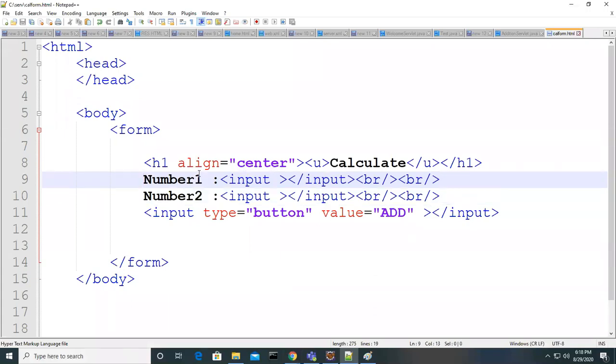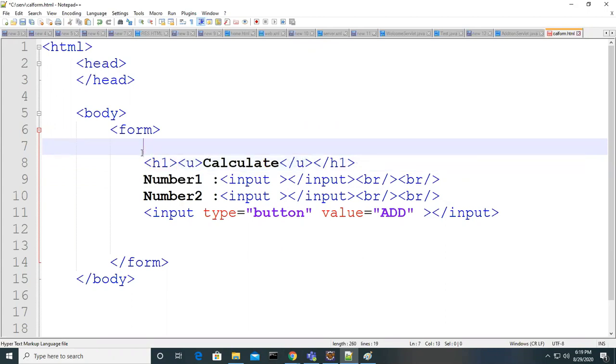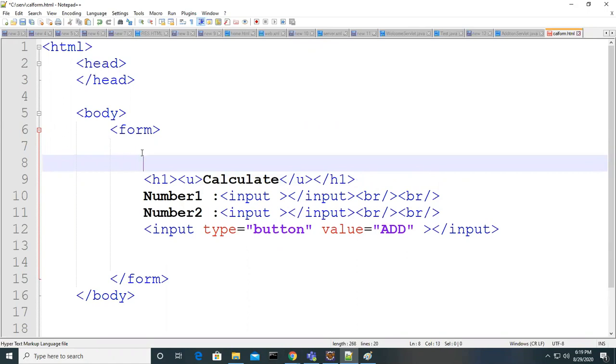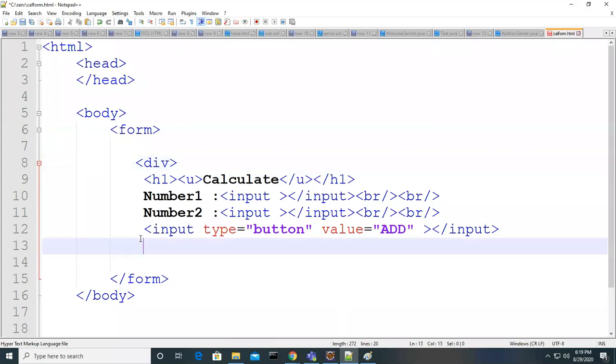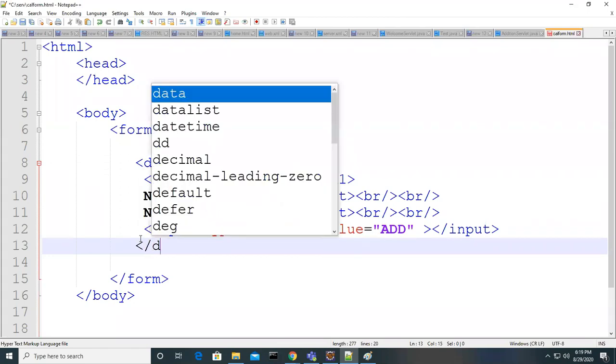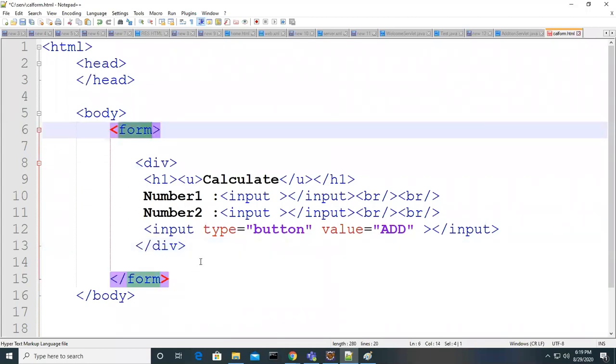For that, there is a tag called div, guys. There is a tag called division. It's one kind of division. Like this, you can create a number of divisions in our form. Or else you can add the align attribute, center, to the form tag also. That's up to you.